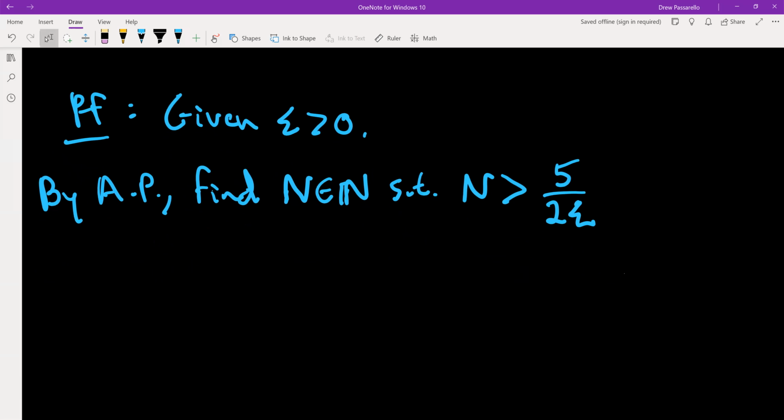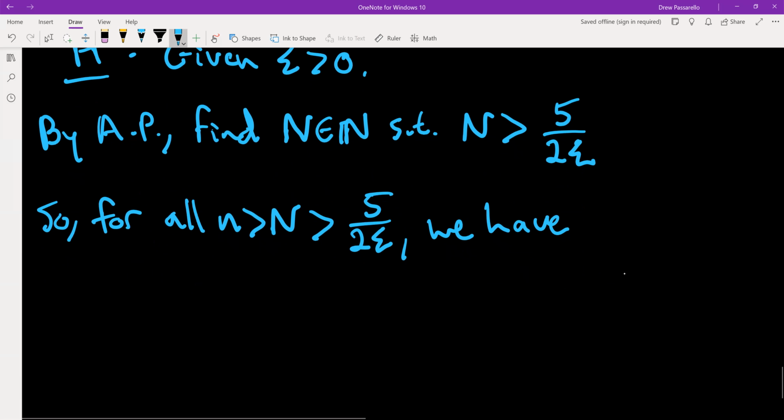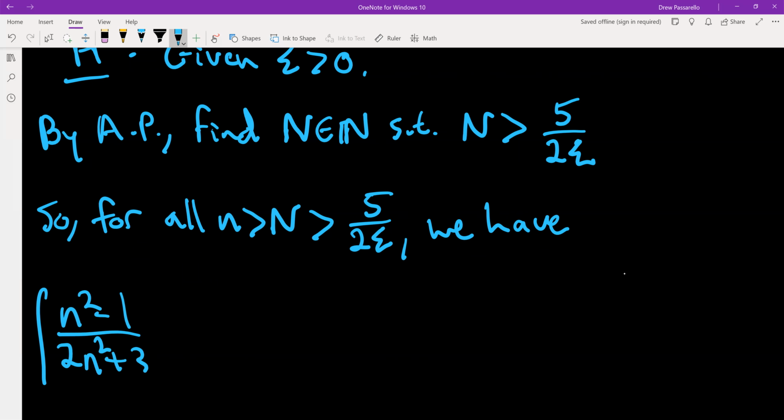So then for all little n bigger than capital N, all right, and when that's greater than 5 over 2 epsilon, we have the absolute value of n squared minus 1 over 2n squared plus 3 minus 1/2. And we did some algebra, and that gave us to be equal to